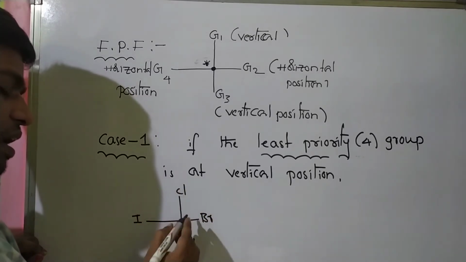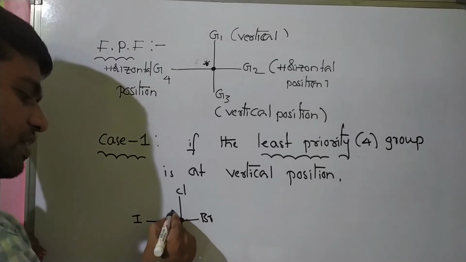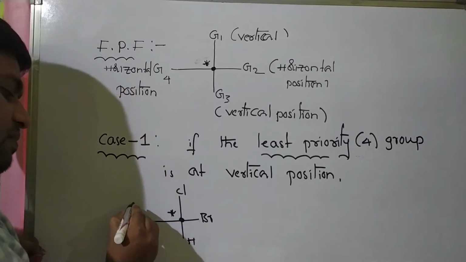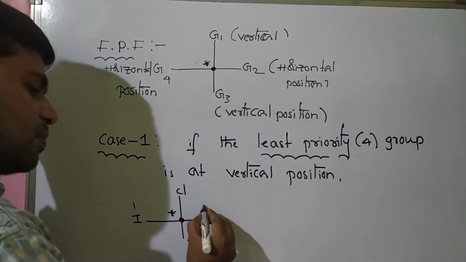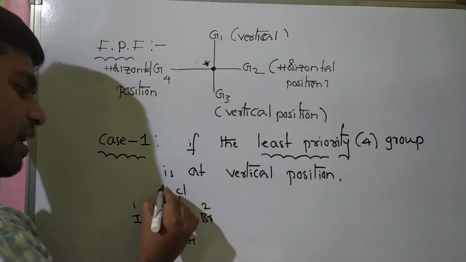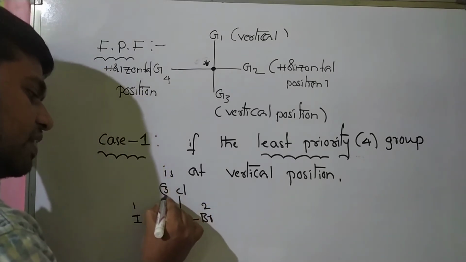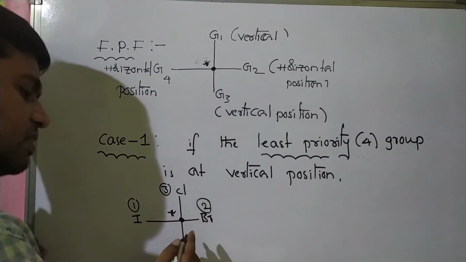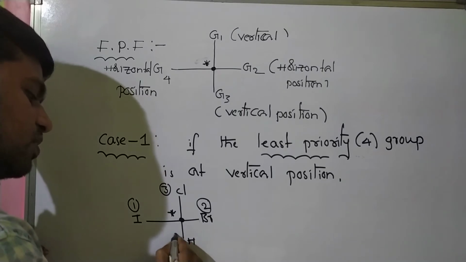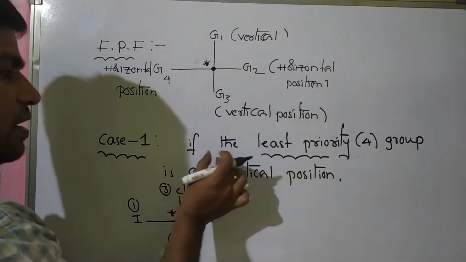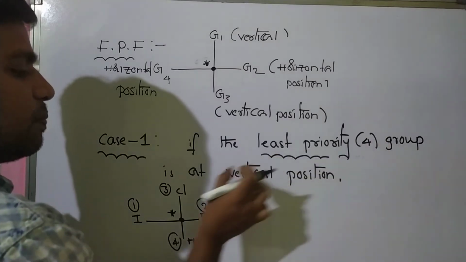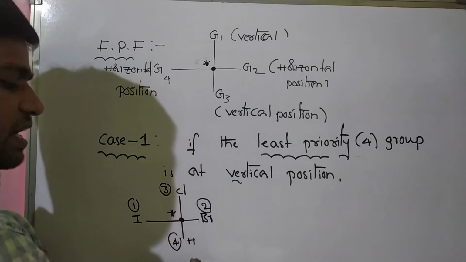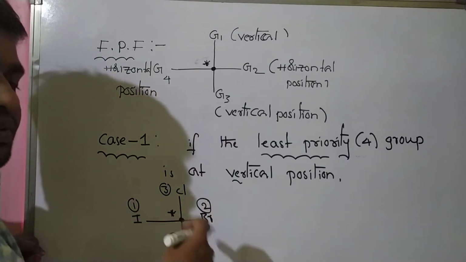These are 4 different groups present around this chiral carbon. Now iodine will get first priority, then bromine second priority, and chlorine third priority, hydrogen fourth priority. Now see, students, the statement: if the least priority group is at a vertical position, meaning this is a vertical position, in this case we will check the rotation.